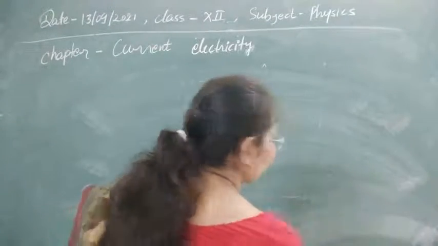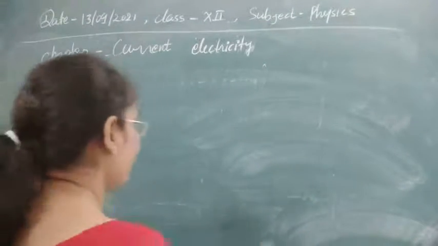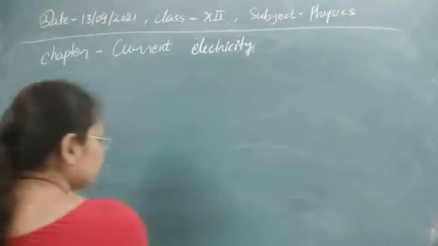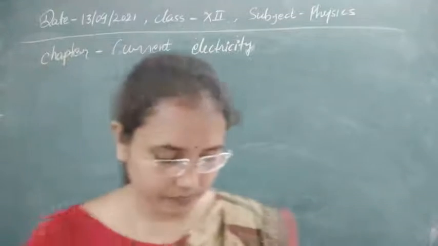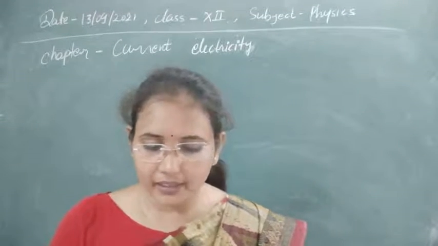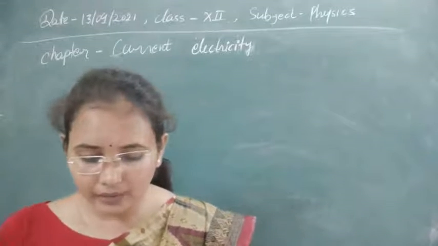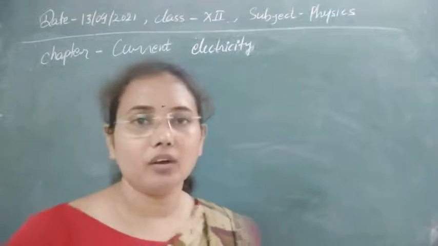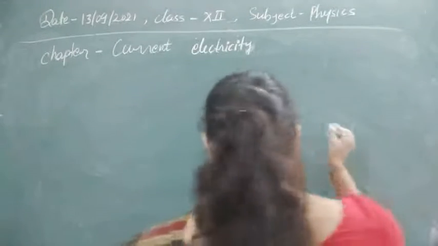So this is also a different question, that is the variation of this resistance with temperature. The question is dependent on that one. Now the next question we have: calculate the current through the battery and through a resistance of 6 ohm in the given figure. So here, let's see first of all what the figure is.